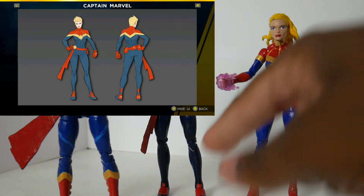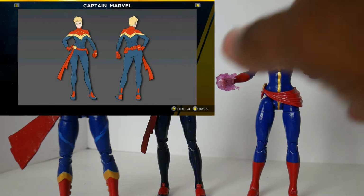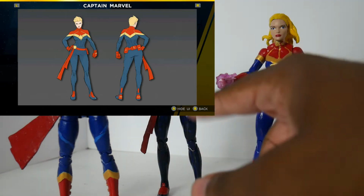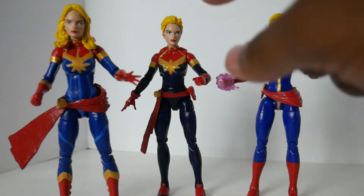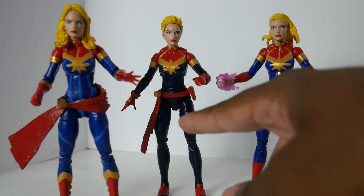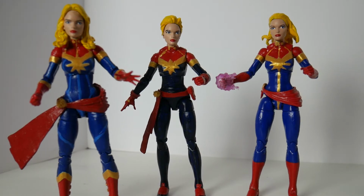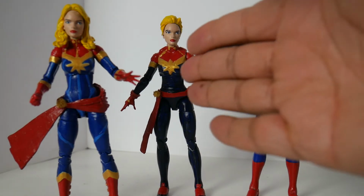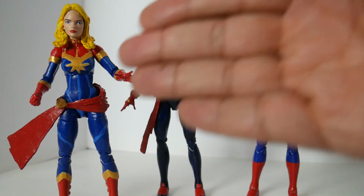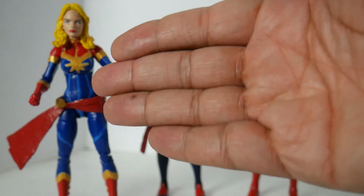Marvel Ultimate Alliance 3. They have in their collections, like when you unlock stuff, the design sheets for all of their different designs. And I looked at that design to design this Carol here. But she does look more or less like this in the comic books right now. So it's both the game version of Marvel Ultimate Alliance 3 as well as a current comic book version of Carol. And then this one is meant to be the Ultimate or Marvel vs. Capcom Infinite version